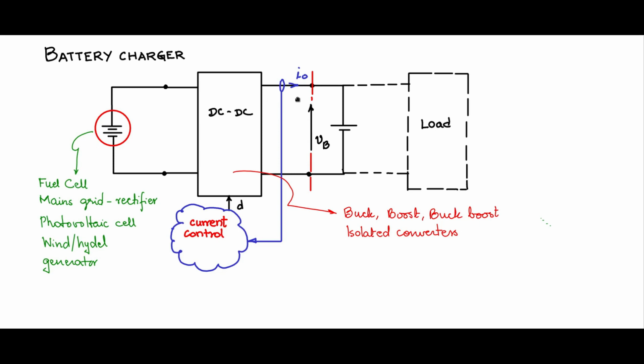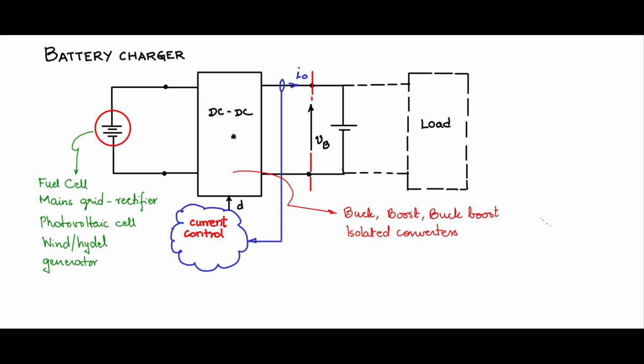But in many cases, the inductor current, that is the state, is controlled, and which will indirectly control the output current. If you are using a boost converter, the inductor current, which is the input current, will be controlled. In the case of the buck boost, the inductor current is controlled. Generally, for battery charging, the charging current which is being pumped into the battery needs to be profiled. So if it is properly profiled, then the chemistry in the battery will work properly to extract as much life out of the battery as possible.